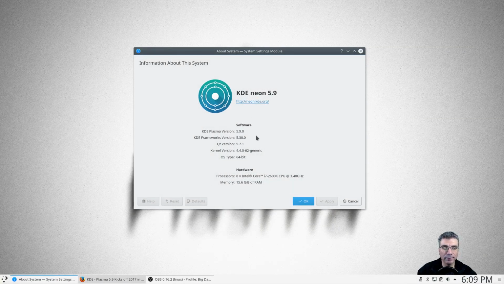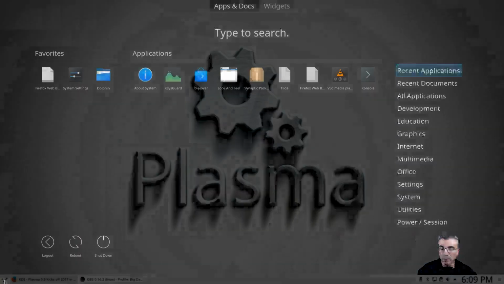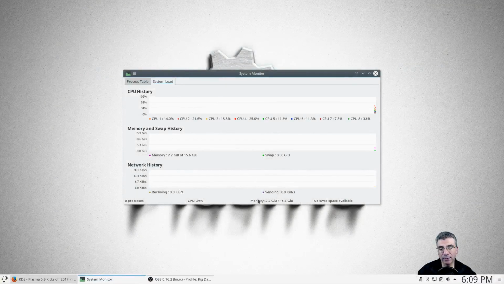It is KDE Neon, and it is Plasma version 5.9, Frameworks version 5.30, Qt version 5.7.1, the kernel is 4.4.0-62, 64-bit on an i7, and 16 gigabytes of memory. So the memory usage itself right now is running 2.2 gigabytes. So that, to me, is right around normal for my system. With Firefox open and OBS recording, that is about normal because I normally run about 1.7, 1.5 gigabytes of memory